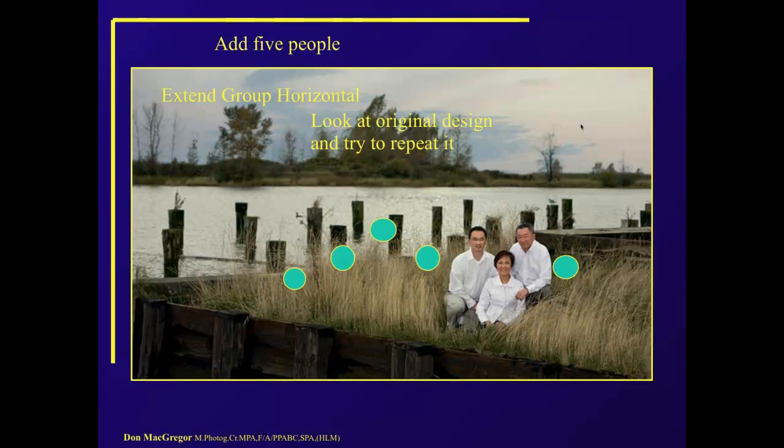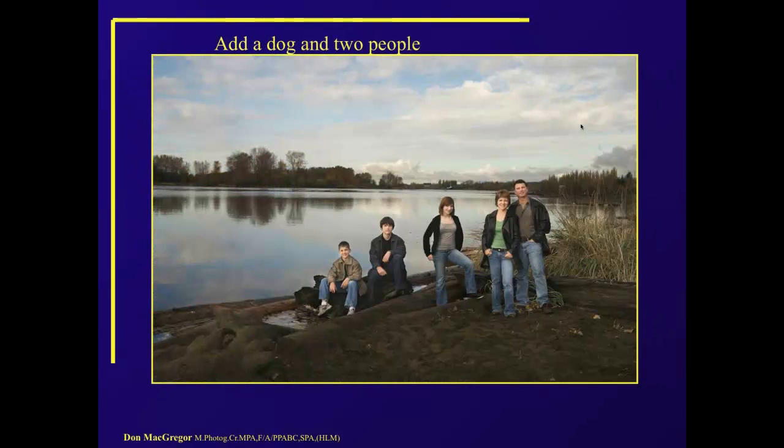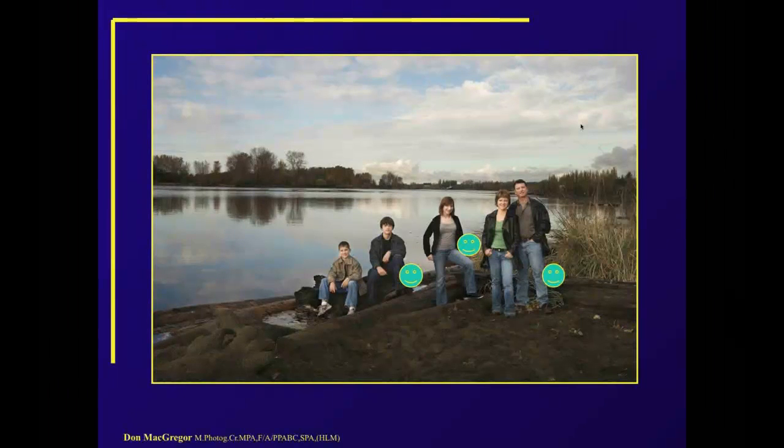If we had a dog and a couple of people in here, they might go in a place like this. In between brother and daughter, there's an open gap. Between mom and daughter, there's a gap. There's open space that we could add a couple of people in. We could put the dog down beside dad at the edge of the photograph, although you do have to